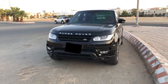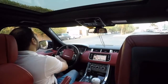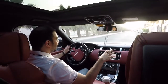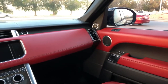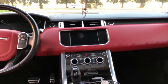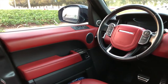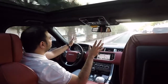This vehicle has everything that you want, everything. All kind of options, all kind of good quality stuff, good leather, good color of leather. It's not just like any red, it's just like a nice red. Anything you can think about, it's here. Full panoramic roof, sensors, full cameras, 360 view cameras,